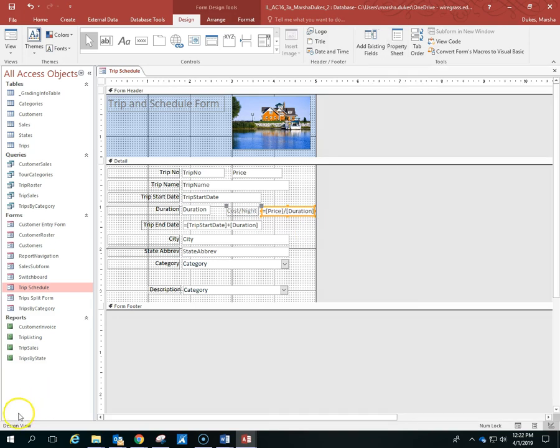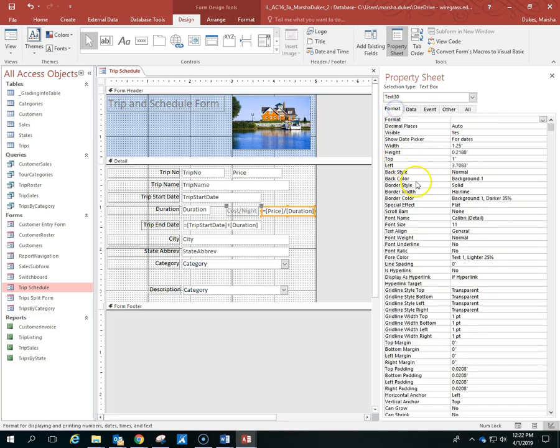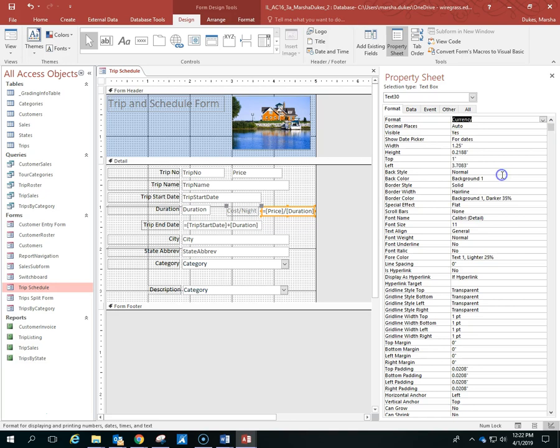The next step is they want us to change the format property for the new text box to currency. So I'm going to click on the Format tab, and this is where they're going to specify from the drop-down list where it says Format, and I'm going to choose Currency per the instructions there. And at this point they want us to save our trip schedule form. So I'm going to click on my Save button,